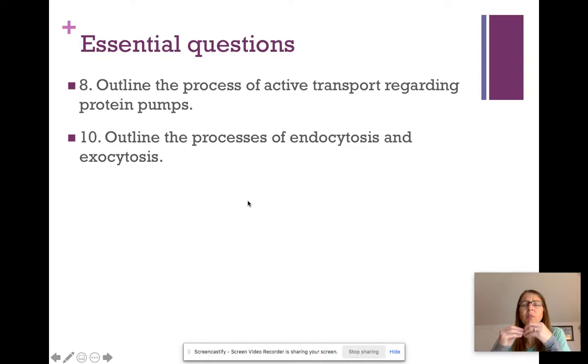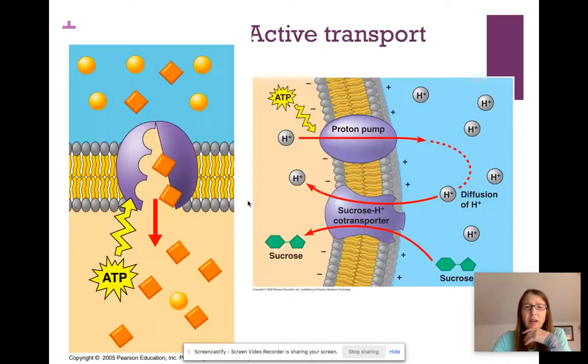So now we're going to be looking at how we use energy to move molecules against their concentration gradient. So remember, active transport requires energy, usually in the form of ATP, to move molecules against their concentration gradient. You can see there's a low concentration here of these little ions, the squares that we're paying attention to, and there's high concentration here. So for the cell to continue to keep moving more of these ions in, it takes some ATP,